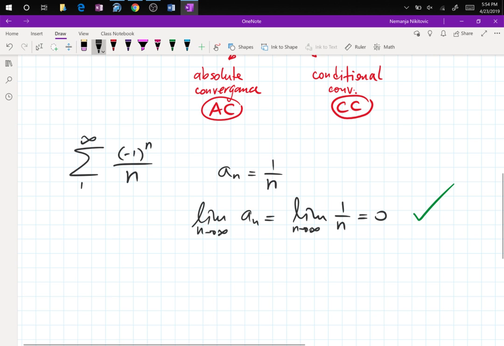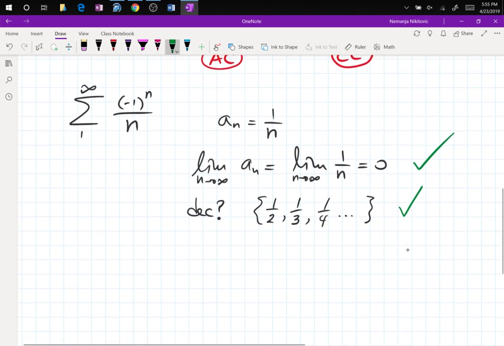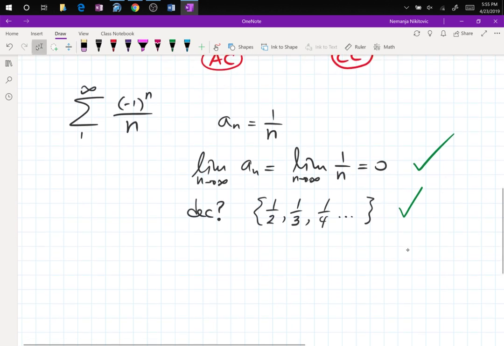Your terms are 1/2, 1/3, 1/4. Well, that's decreasing. So, is it decreasing? Yes. So, both of the conditions are okay, which means we are now